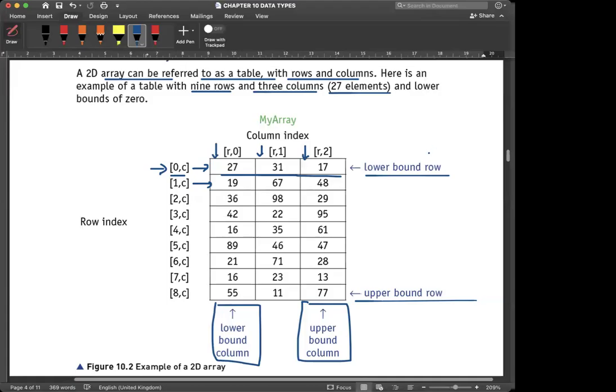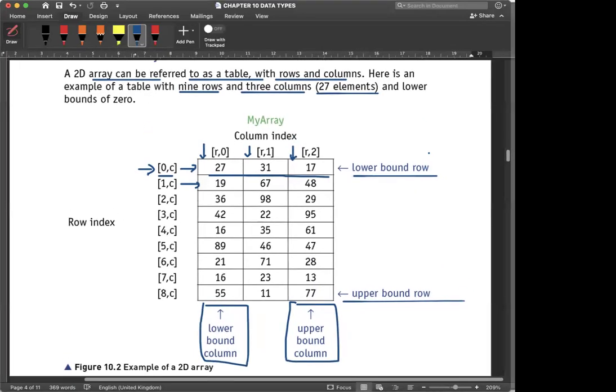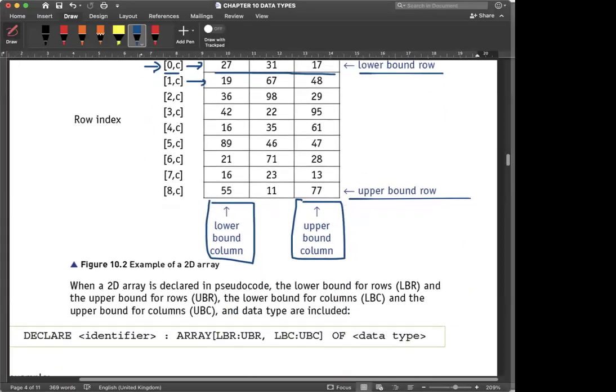So we have 3 columns and 9 rows. 9 into 3 becomes 27. So when a 2D array is declared in pseudocode, the lower bound for the rows called LBR and the upper bound for the rows called UBR are going to be declared like this. So first you need to write DECLARE. Then you need to write the name of the array itself. This one is for the rows. And this one is for the